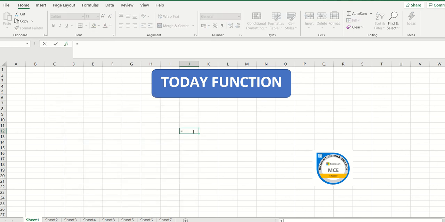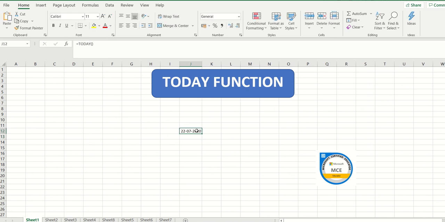I'm going to put in equals and then use the function TODAY. It is giving me the result automatically in this cell. I can double click over here, and any function or formula that I use in Excel is going to start with a bracket and end with a bracket. So the start bracket you already see, and then I have to close the bracket. The entire range is going to stay within the brackets. Since the function needs no input, the start bracket is already there, then I put in the close bracket and click enter.